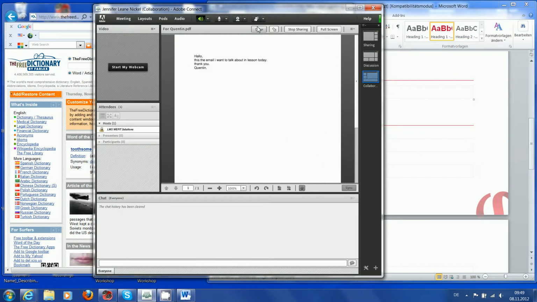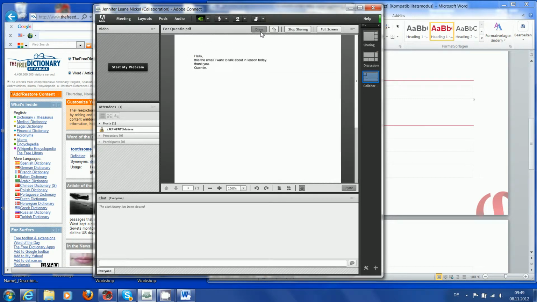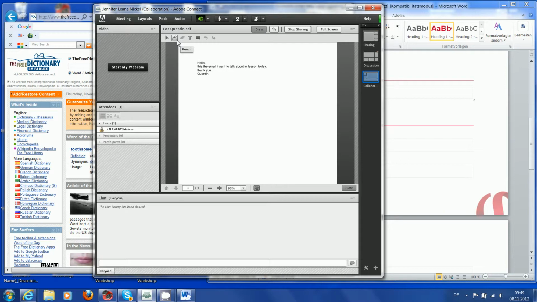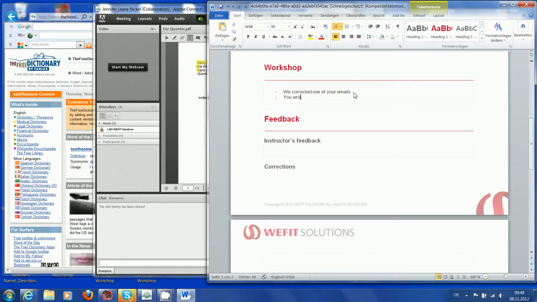So you can correct the email by using the highlighter, for example. So to show you that, you need to click drawer, the little dot next to the pencil, highlighter, and then you can highlight what needs to be corrected. And then once you do that, you can ask the learner to write their own email again here, all the while writing some pointers. You wrote your own email,